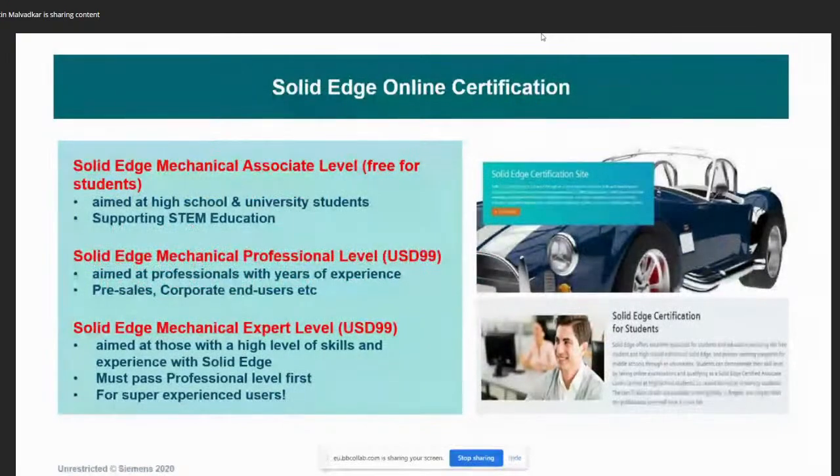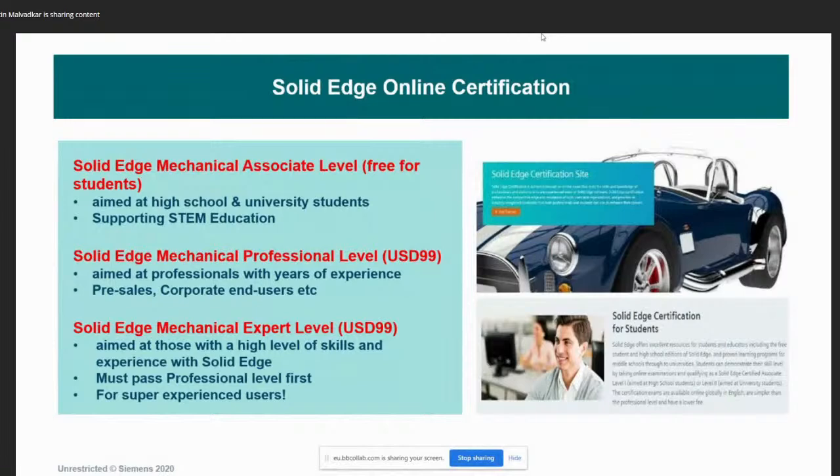right? So again, over here, we can help you out in terms of academics. For that, we have 3 levels of certifications. The first one is called the Mechanical Associate level. This level of certification is meant for college level or university level students. The best part about this certification is that it's available for free for all colleges and universities. Again, it's completely free for all the universities and colleges. So in case you're interested in the certification, please get in touch with